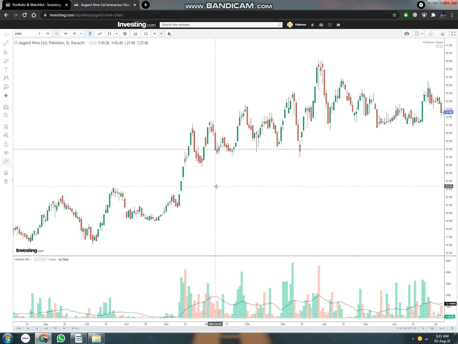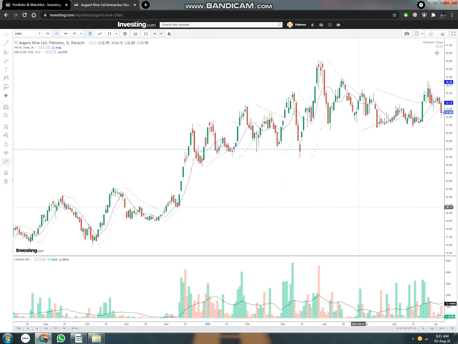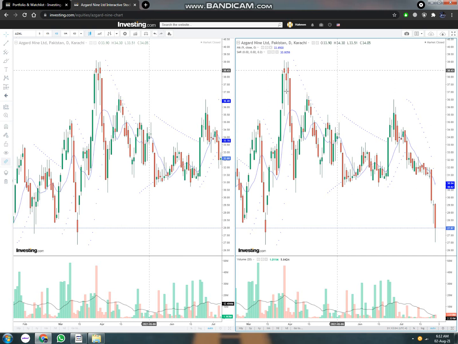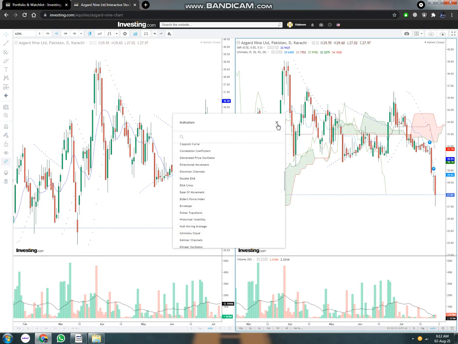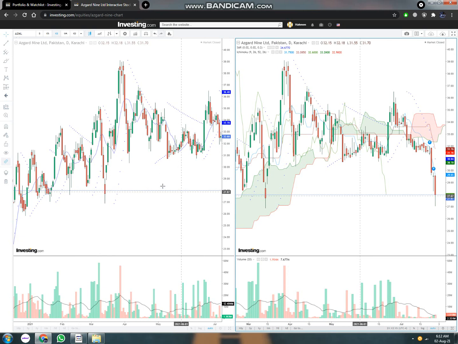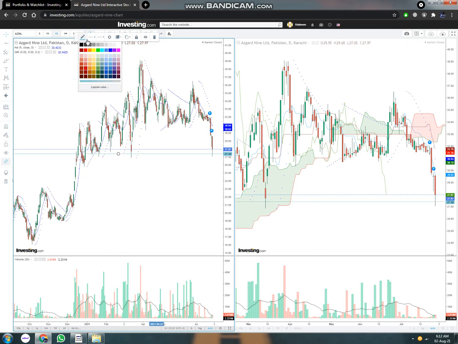As you can see, I just pulled up a random stock. Now let's apply indicators. Let me split it. In this indicator I wouldn't use the moving average, I would rather use the Ichimoku cloud. So now you can see this is an area of support level. So let's apply this support level, plot the support level right here,